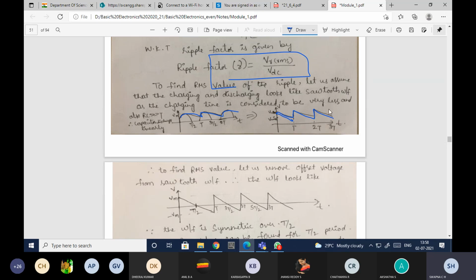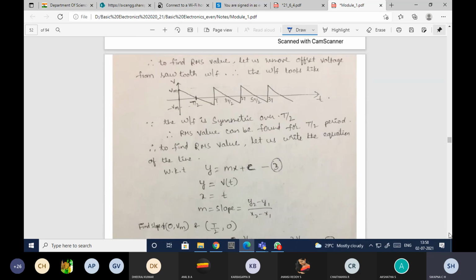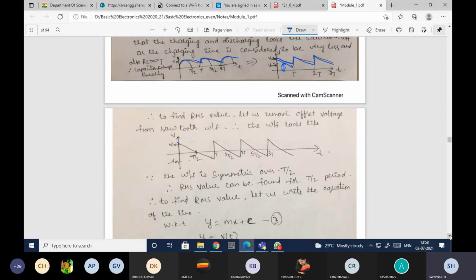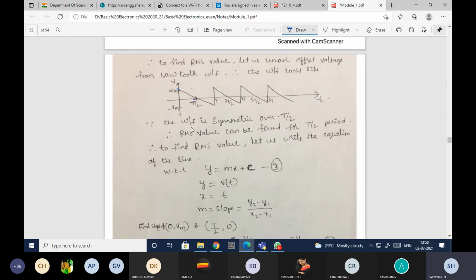I have just approximated to some sawtooth waveform. Then after that, I have removed the offset. Which offset am I removing? If you observe, it is a clamped signal, so the DC level for this will be above 0. I have removed that offset so that it has come to the ground point. Instead of taking Vs, I have just taken Vm only, whatever it might be.